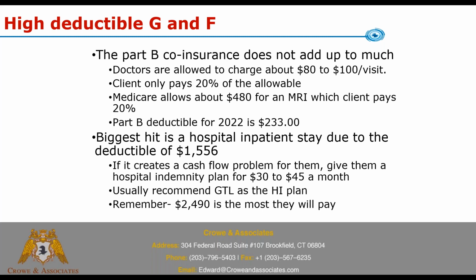And just remember, people will talk about huge claims and high utilization. I hear this all the time. They'll say, well, I'm going to go with a regular G or F. I'm just too nervous on a high deductible G or F. But keep in mind, $2,490 is the max. So after that, they're covered in full. That high deductible G turns into a plan G. So they perceive risk, but it's a very defined and calculated thing. So they hit the $2,490, and the risk goes away at that point. They're no better or worse off than if they're on a plan G. Then I guess you could say they're better off because they're not still paying that huge monthly premium.